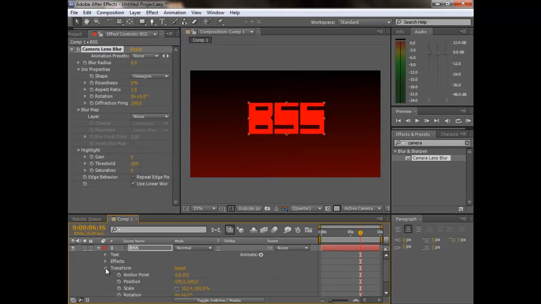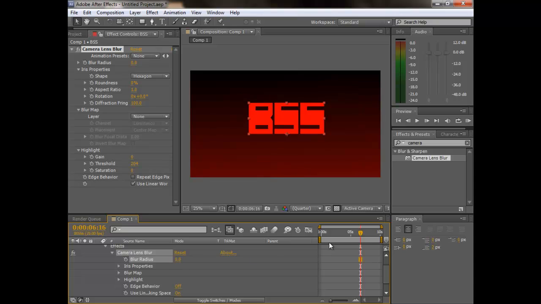Effects, camera lens blur, blur radius. So we can start out about where we want it to start blurring. So maybe about 7 seconds ish. Nothing has to be too exact. Nothing crazy. And then we're going to press this little stopwatch again, and it's going to start out at 0, and it's going to end